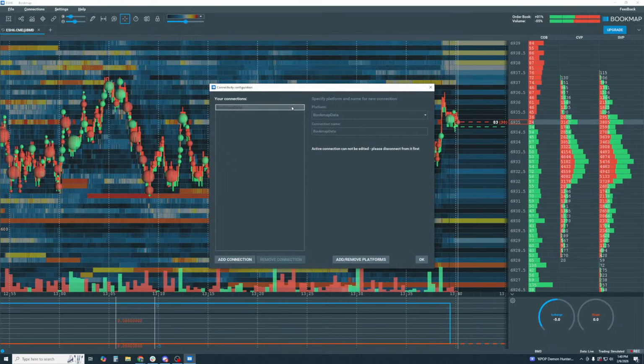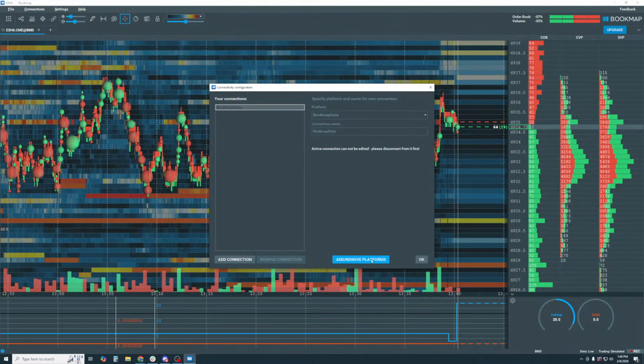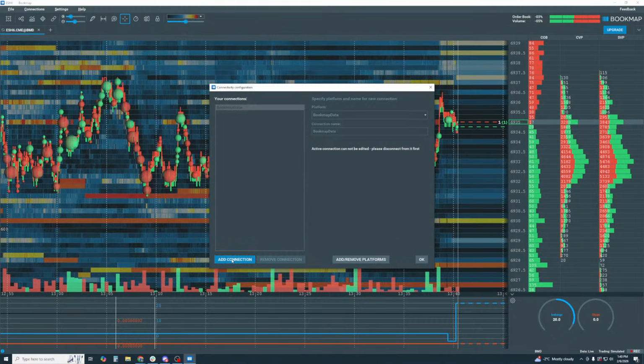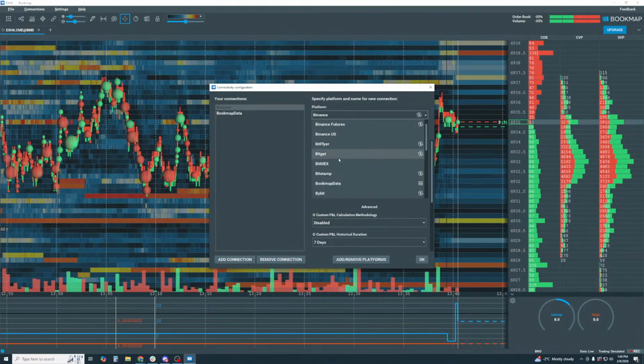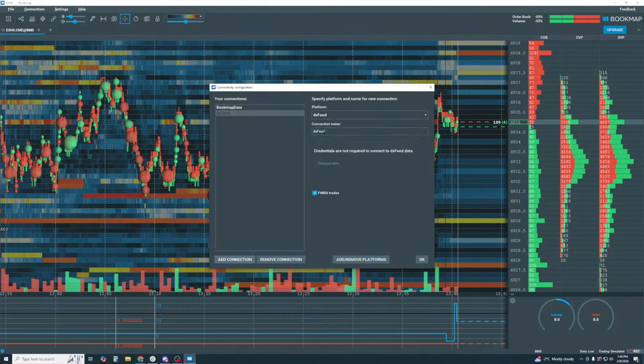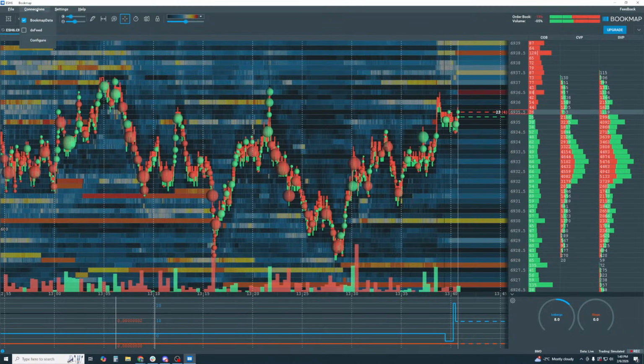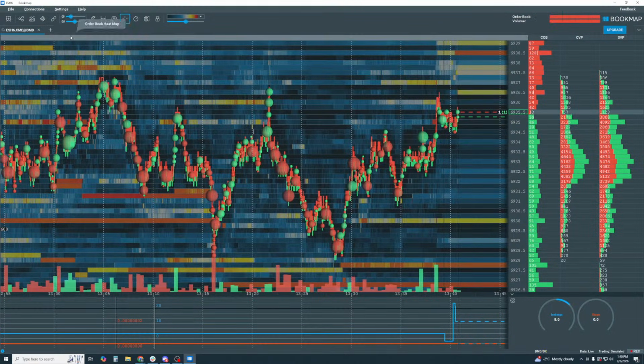All right, so let's go back to the connections and configure. Suppose you have DXFeed for stocks or for futures, but for stocks. Now, we've already downloaded it in the platform here, so you don't have to actually download the installer. It's already in there. Just click on Add Connection, Platform dropdown, scroll down until you see DXFeed. There it is, right here. Select it, and that's all. We'll know what kind of subscription you have, and click OK. All right, now we got to go back to Connections and select it here. Okay, so there we go.